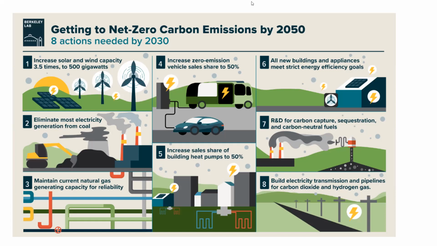And ultimately, if we want to do that, we're going to have to make certain changes like we can see here. So we're going to want to increase our usage of those greener alternatives. So we're going to want to increase solar and wind capacity. So just more solar panels, more wind turbines. Again, we're going to want to think about how we do that so we can do it effectively, so we can do it smartly.